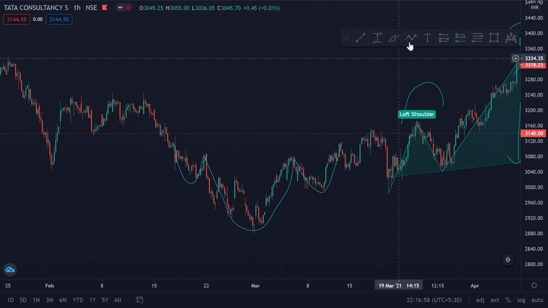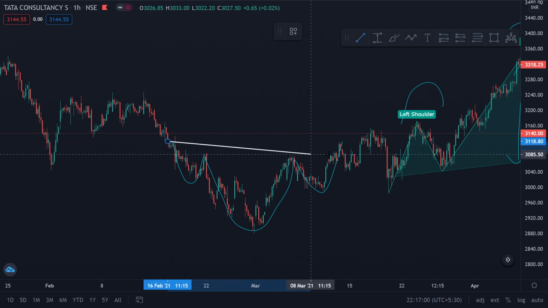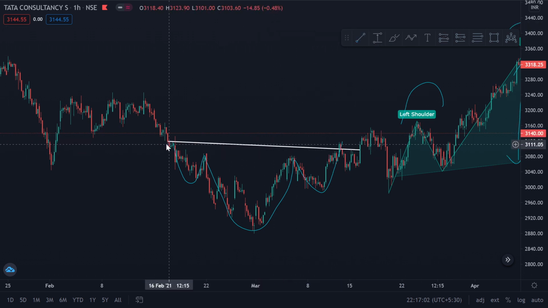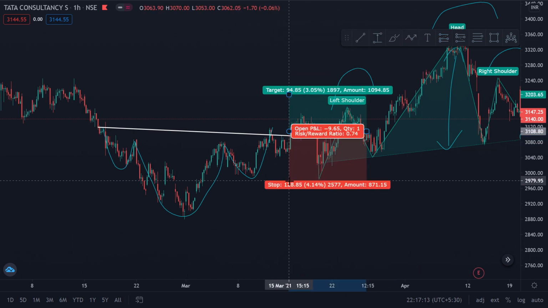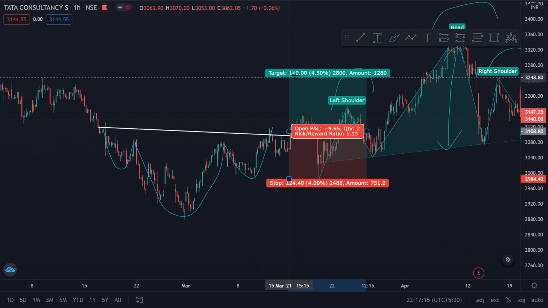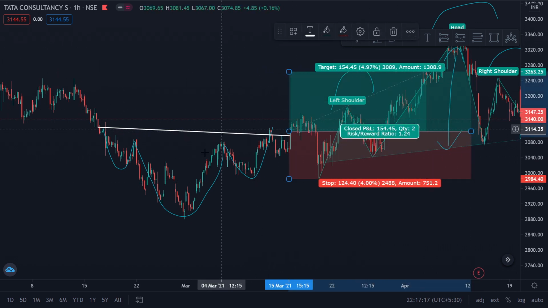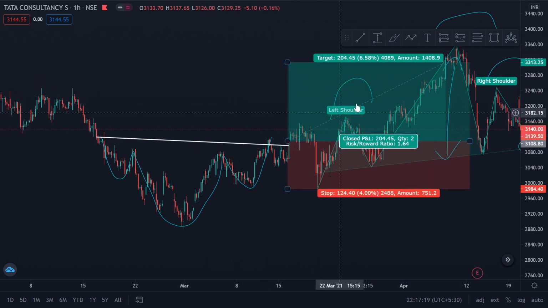So here, as I have indicated, you can see that as soon as this trend line was broken here, an aggressive trader would have taken his trade here with the stop loss below the shoulder and profits whatever the height of this is. So his 1.6 targets were achieved, risk to reward of 1.6, targets achieved, simple.